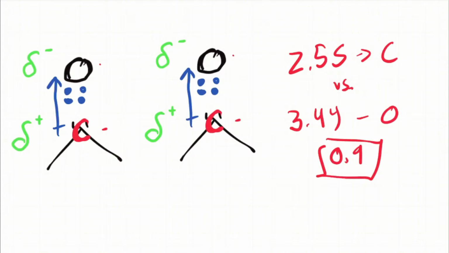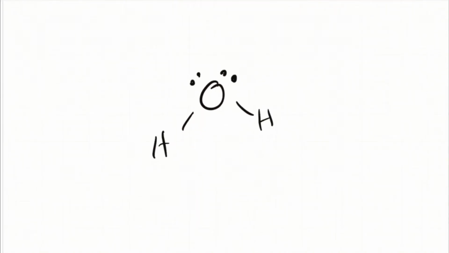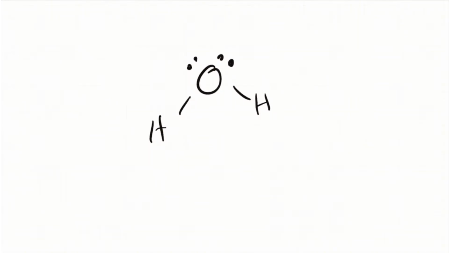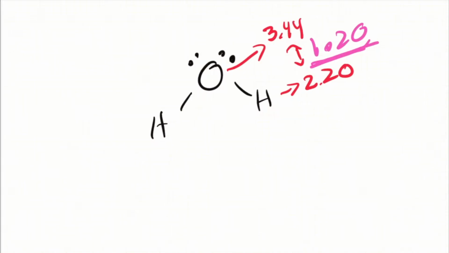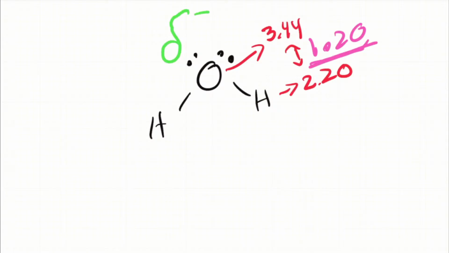What if that difference got bigger? What if that difference got more extreme? Well, as we move down into water, what are the differences here? Water, again, we know oxygen has this value of 3.44, but notice how hydrogen, we knew from looking at our first political party, the LDF party, is even lower. And in fact, this difference is now not even 0.9, but we've got a big difference, the biggest difference we've seen yet, 1.20. So in this case, we can say, wow, this is the biggest difference in partial charge we've seen yet. So I want to draw these even bigger.